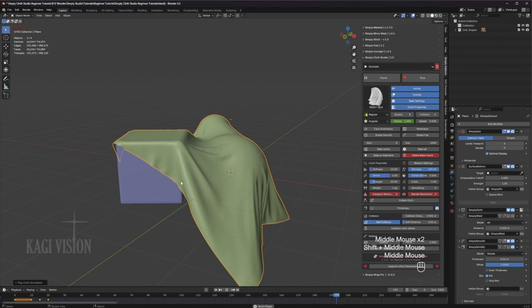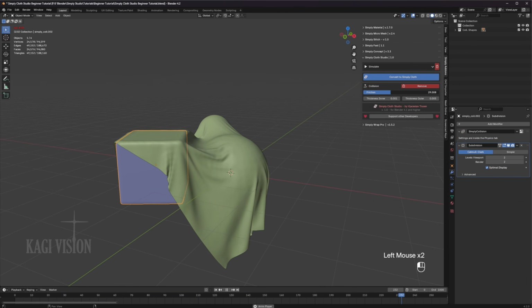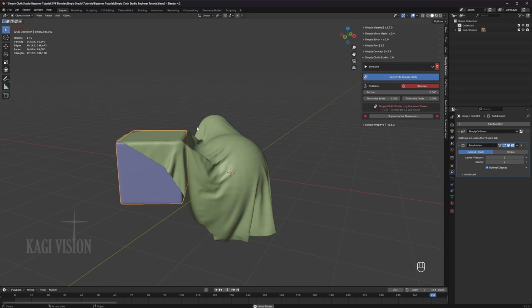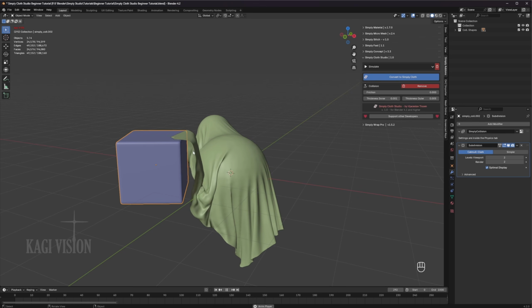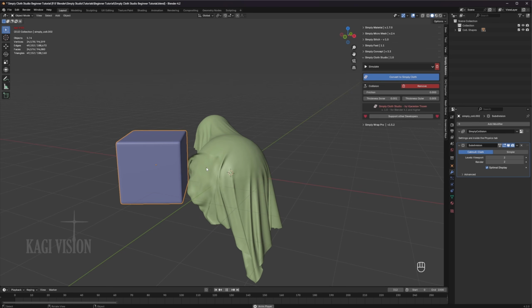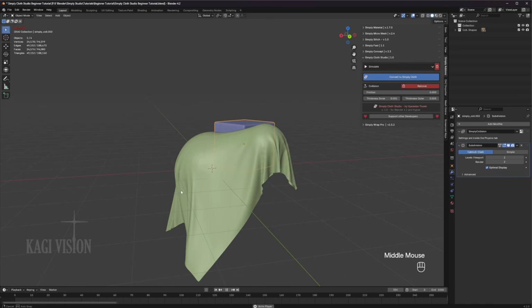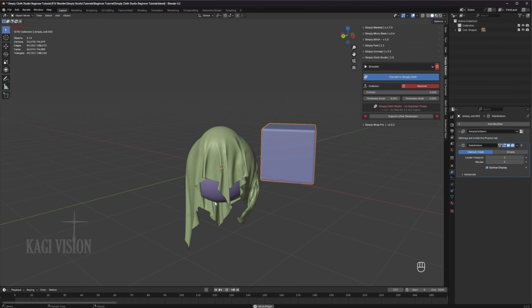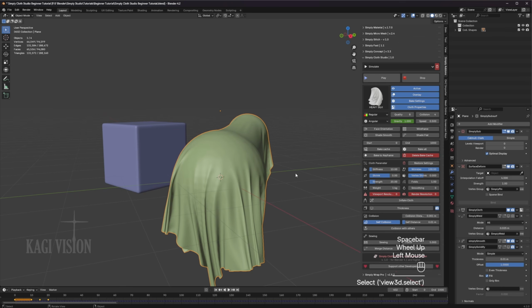Now if we decrease the collision friction on the object, you can see the cloth slides down now. Because now the object pretty much behaves like it's made out of glass or something. And it loses all its grip. Again, to stop the simulation, you can just press stop or use the timeline buttons to return to the first